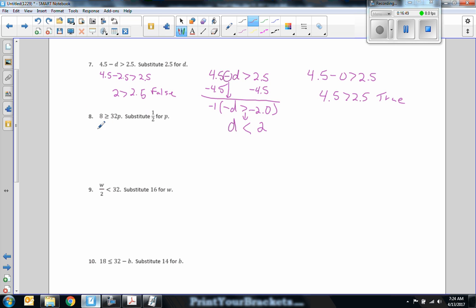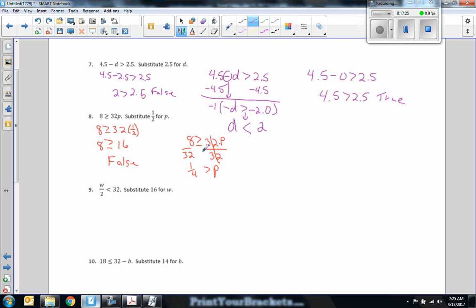Okay, substitute in 1/2. 8 is greater than or equal to 32 times 1/2. Half of 32 is 16. That is false. Or rather, 8 is not greater than or equal to 16, I meant to say. Now I need to find a value that makes that true. So 8 is greater than or equal to 32p. I have to divide by 32 to get rid of this multiplication. So if I divide this by 32, these cancel, and I get